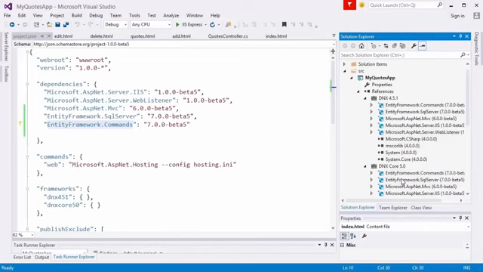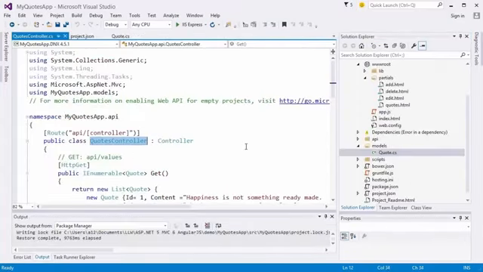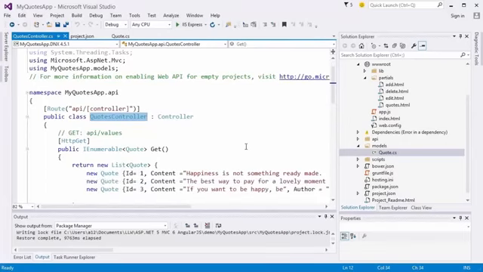The next step I might take in this application is to start thinking about creating our DB context classes to help us work with the actual eventual SQL Server database. Server-side controller, and right now it's set up to be able to deliver CRUD functionality from the server to the